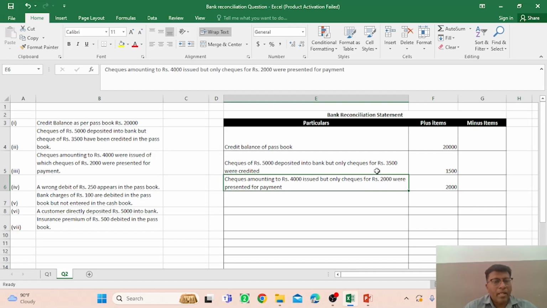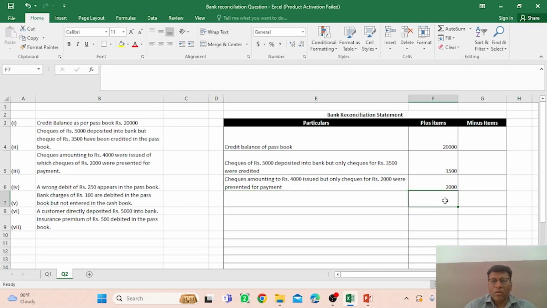So the passbook balance is reduced by this amount, and it was wrongly entered. So bank balance is less in comparison to cash book, so we have to mention in the increased column of plus items. We have to include this rupees 250,